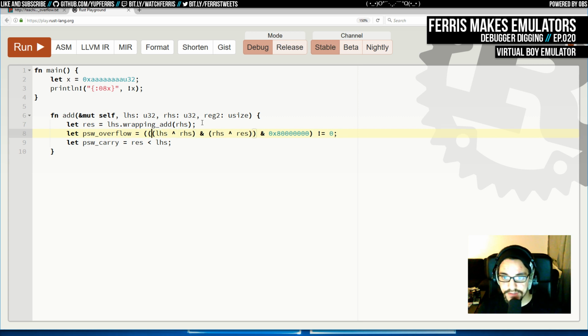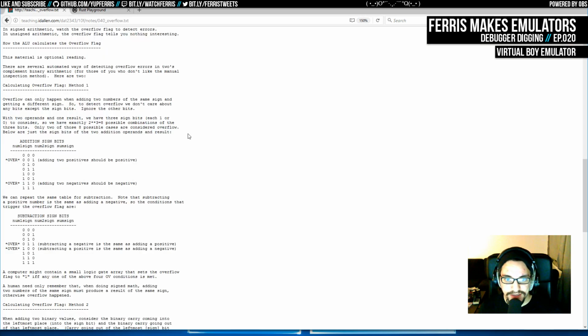Carter's asking what the difference between overflow and carry is for the subtraction. So carry, here, let me pull this up. Carry is what you would expect. Carry is set if the addition would produce an integer overflow, like you basically do a wrapping add and it wraps around, right? But then overflow, I think, has to do with if the numbers were interpreted as signed,